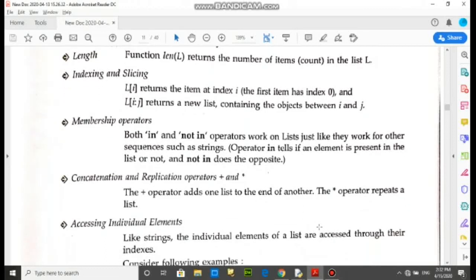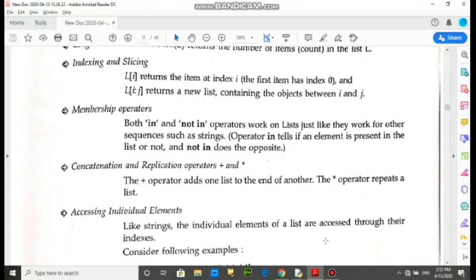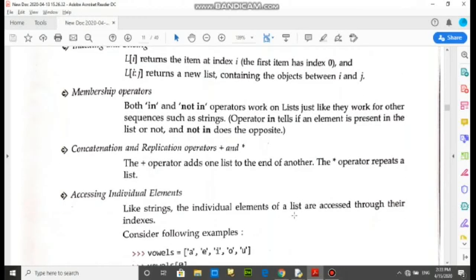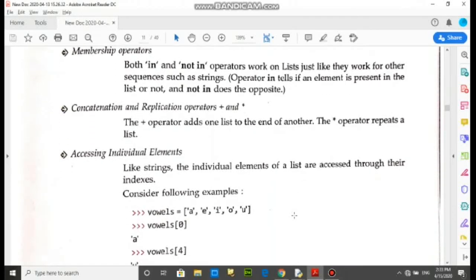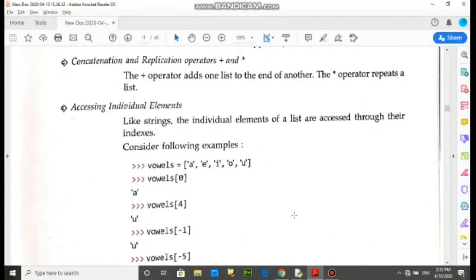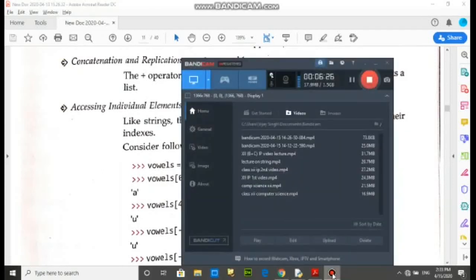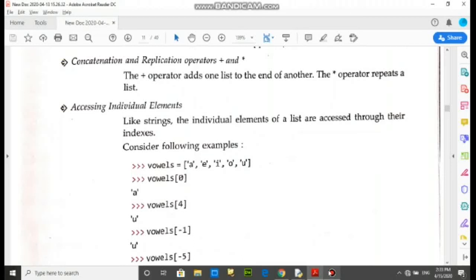And next is the plus operator, which adds one list to the end of another, and the asterisk operator repeats the list value. Accessing individual elements is possible in the list also.